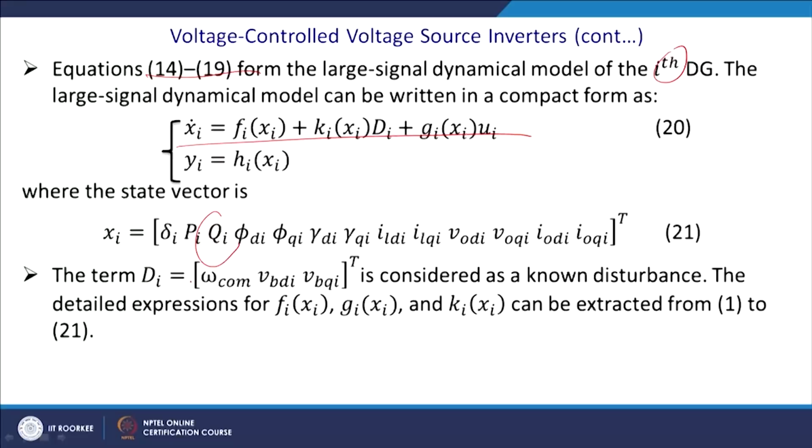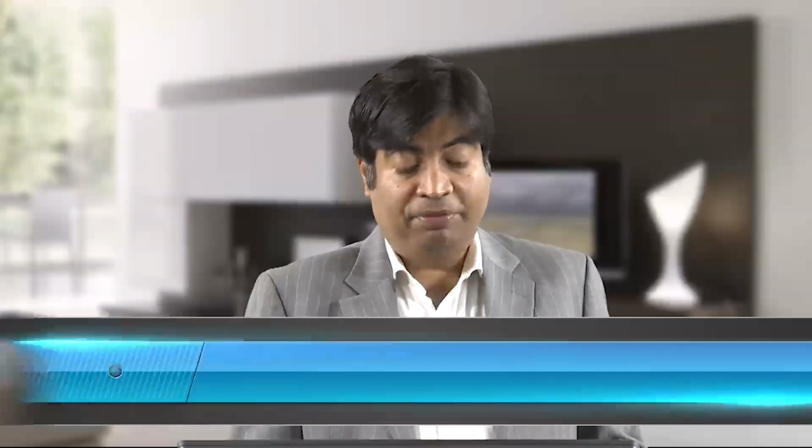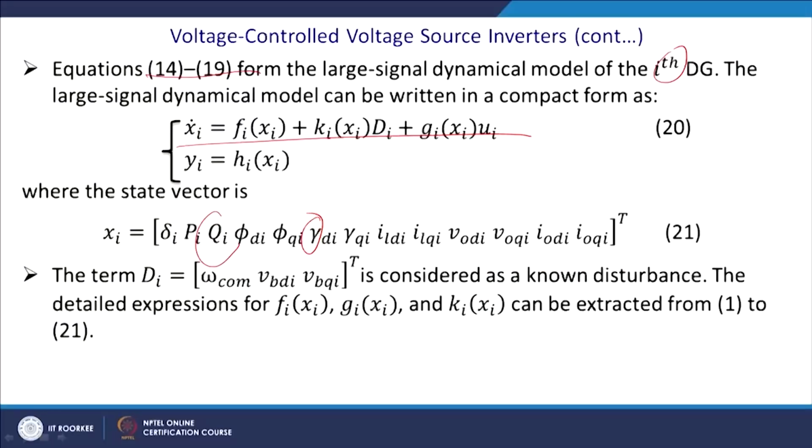This is so you have a huge setup. We cannot use q for charge; integration of the current definitely gives you the charge. We use lambda because we already use q as a reactive power. So, please keep in mind that we have used lambda for the charge and phi for the integration of the voltage, which is the same for the flux. We cannot use q because we are using q for reactive power. So, the term di is omega com Vv di qi, which is considered as a disturbance,